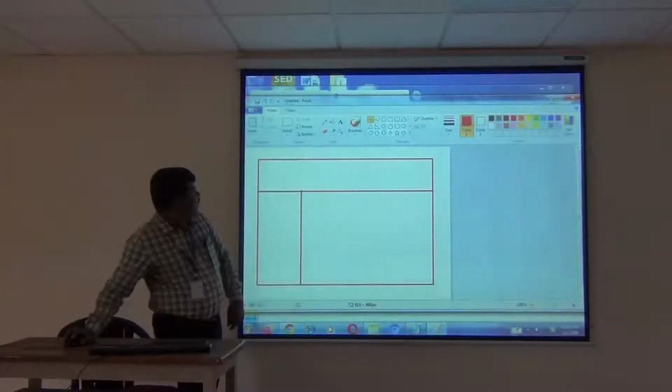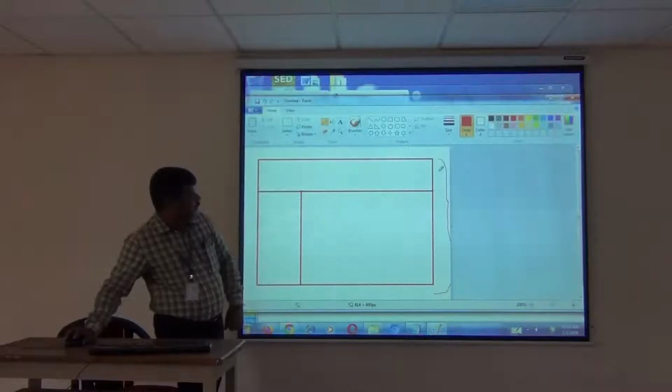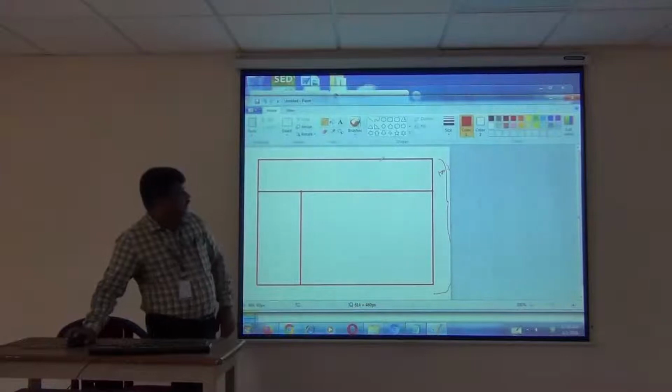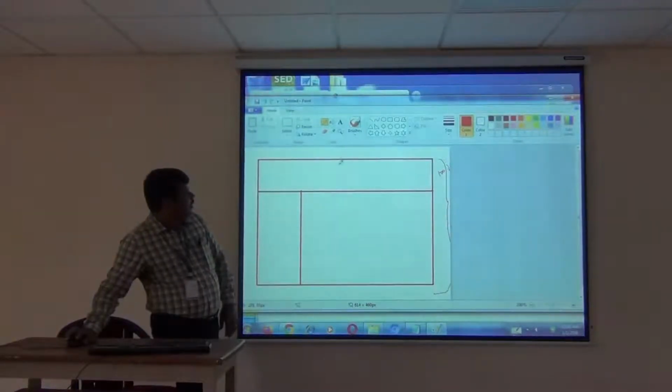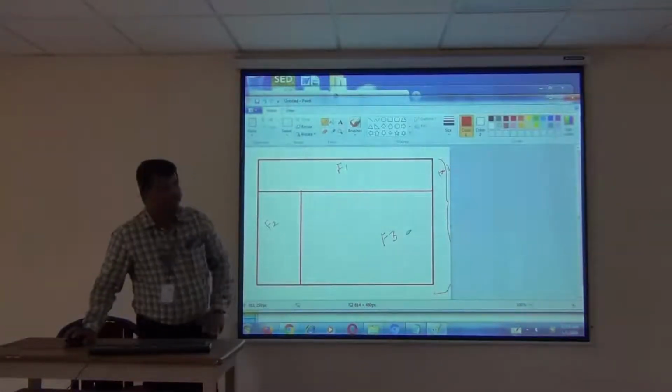So this is the entire frame structure. This is the entire website, that is the 100% browser. In this browser I am going to divide into three different browsers. This is frame 1, this is F1, this is F2 and this is F3. So I am going to create 3 different browsers.